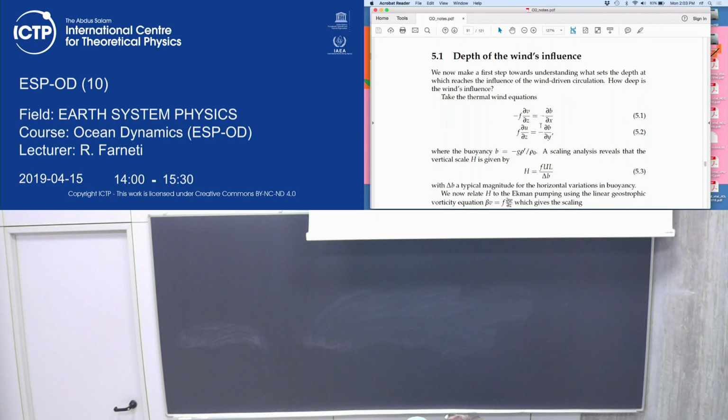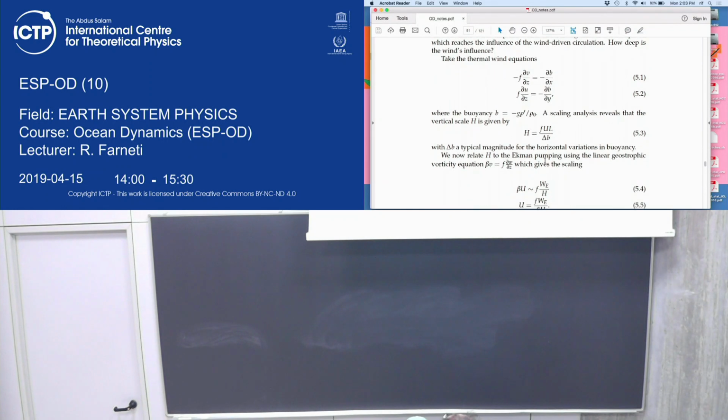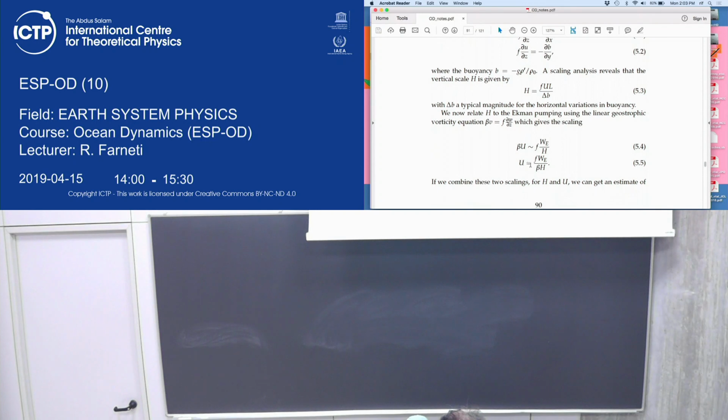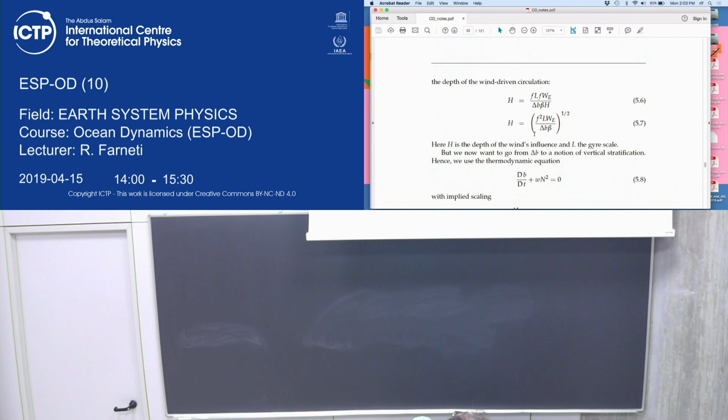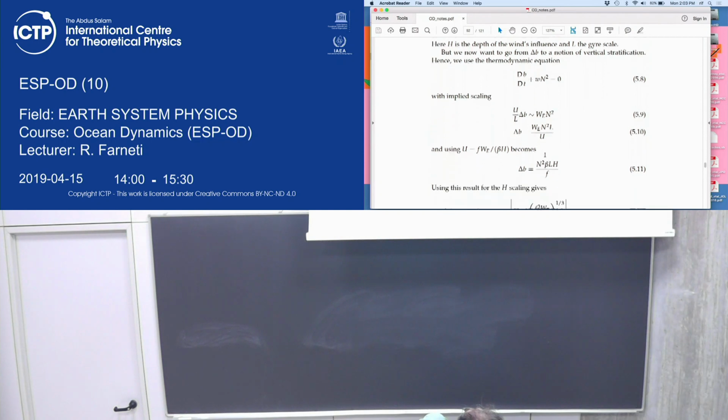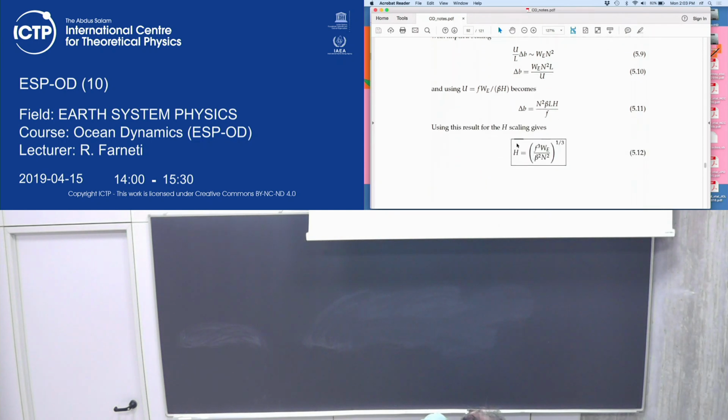We started with the thermal wind equations, which are just this. We did a scale analysis, and using the linear geostrophic vorticity equation, this one, we reached this scaling for the velocities. Combining these two, we got an H, the depth of the wind-driven circulation, which looks like that, with a simple first approach. Using the thermodynamic equations, we applied the scaling, and so eventually we got to this formulation for the depth of the